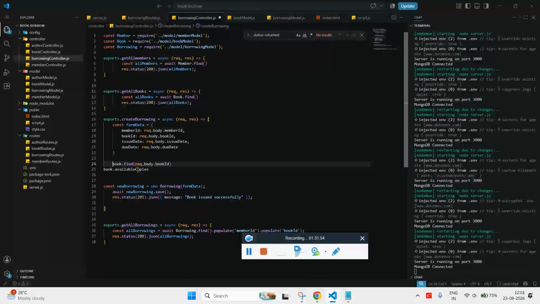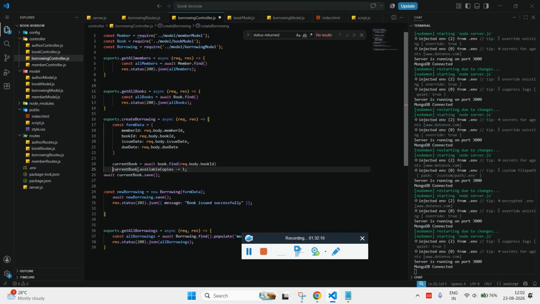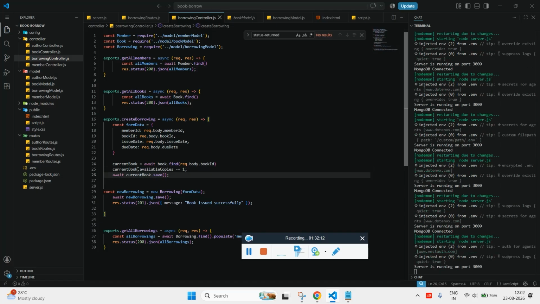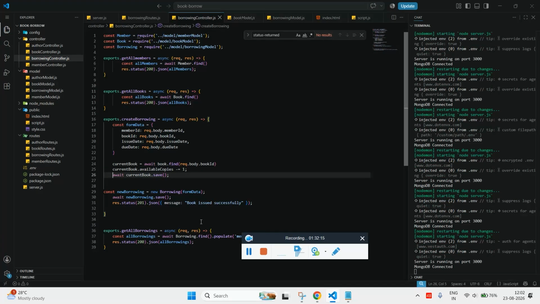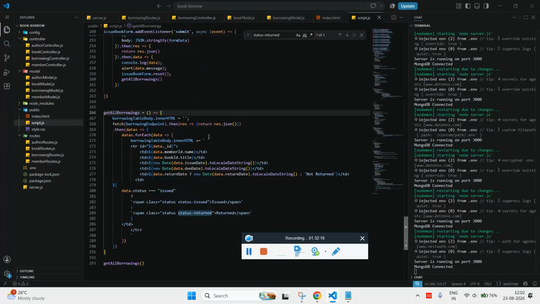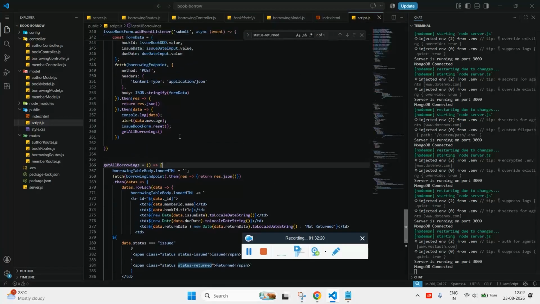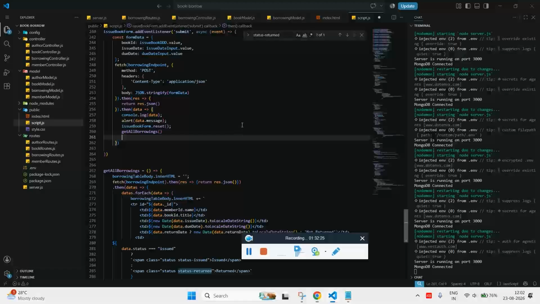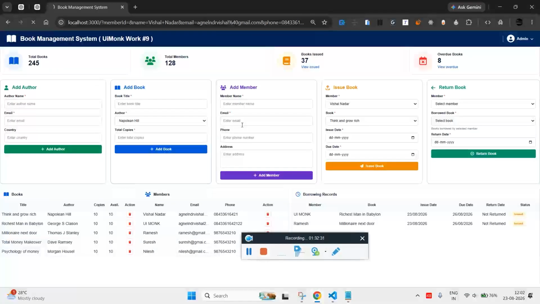Over here it has to be await. currentBook.availableCopies minus equal to 1, and then we have to save this. And once it is saved, after creating, we need to get the books, get all books, I guess. If I refresh it,